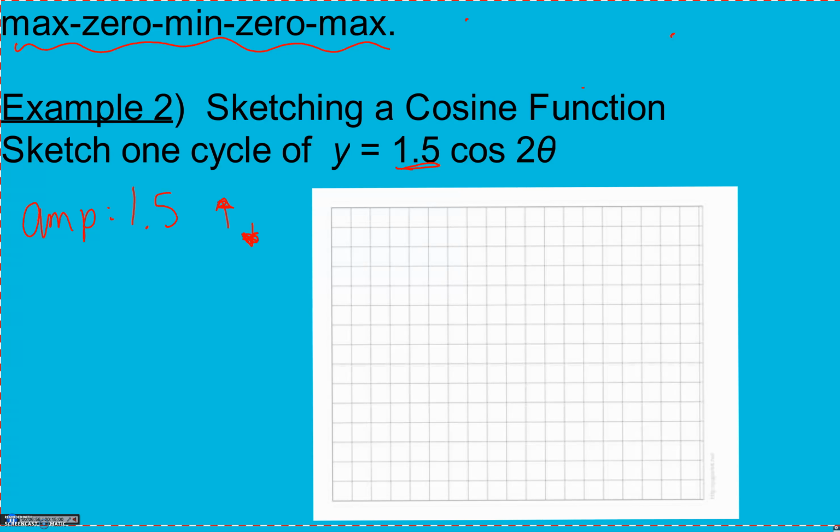The 2 is our b value. And 2 pi divided by b gives us the period of the function. So our period of the function, or the amount of distance covered for one cycle, is pi. So when we go to graph this here,